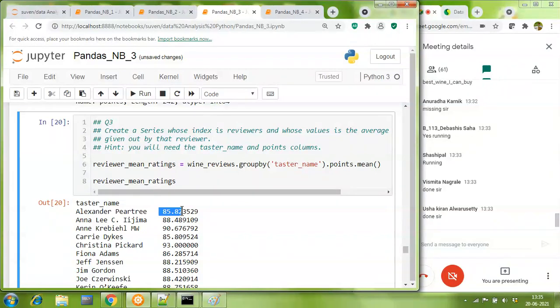Yes, sir. That means reviewer_mean_ratings. So that means the reviewer has... I don't know how to say. The username, then the amount of ratings he's done. Correct. Very nice part. What you're saying is absolutely correct, Parth. Alexander has done whatever points he has given to the wines